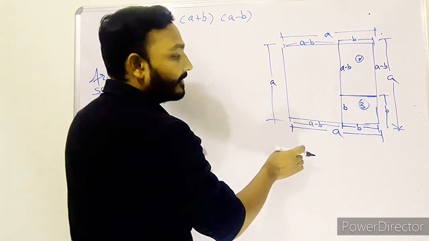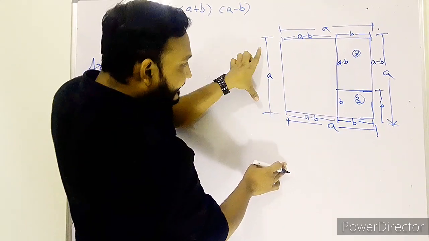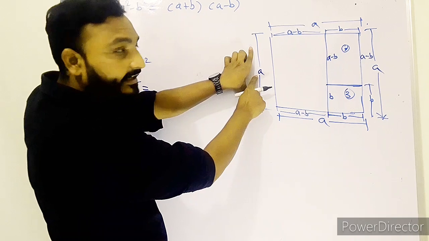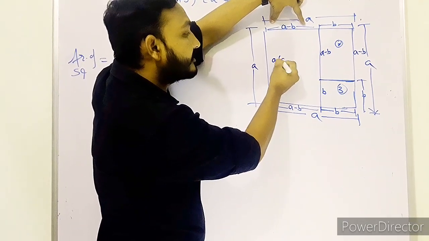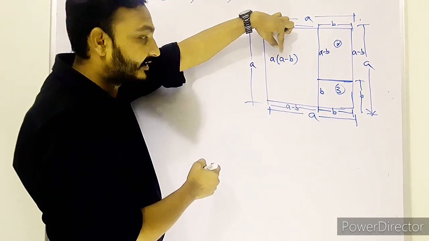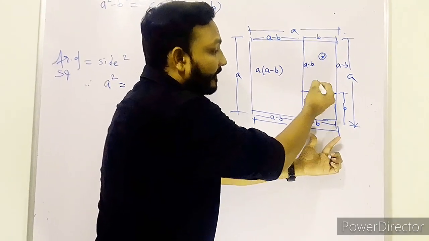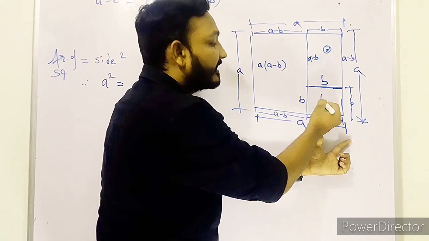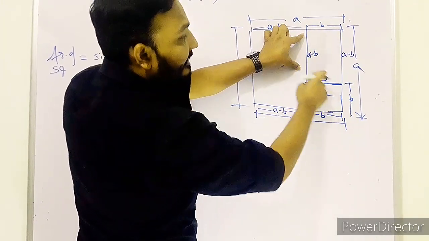तो मुझे सबसे पहले बोलो, what is the area of this part, first part? तो ये लेंथ कितनी है? A. अब ये ऑब्वियसली रेक्टेंगल हो गया, तो ये लेंथ कितनी है? A. और ये ब्रेड्थ A minus B. तो इसका टोटल कितना आया? A इंटू (A minus B), लेंथ इंटू ब्रेड्थ. अब यहाँ आते हैं. ये पार्ट कितना है? B, ये लेंथ B, ये लेंथ B, तो ये टोटल B स्क्वायर.